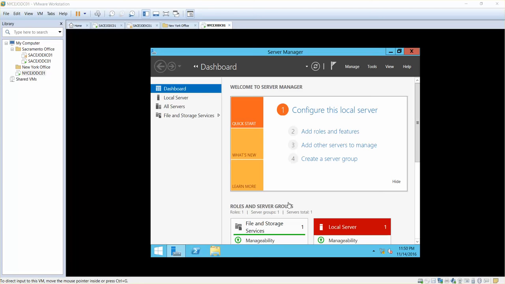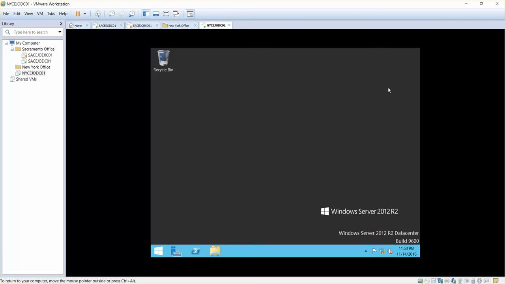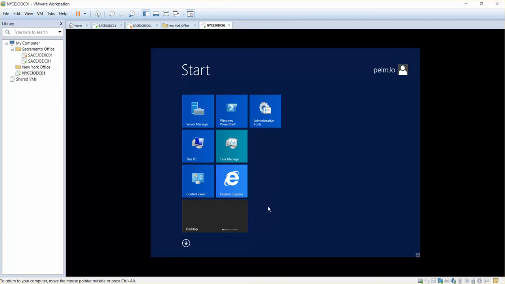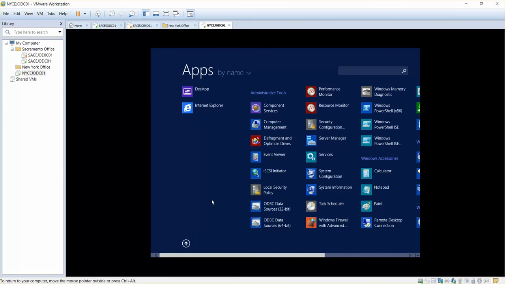Hello and welcome. We did install our Windows Server 2012 for our domain controller. Now it's time to install the additional domain controller. And in order to install the additional domain controller for our New York office, what you can do is you